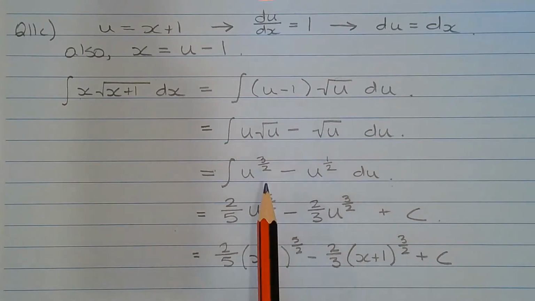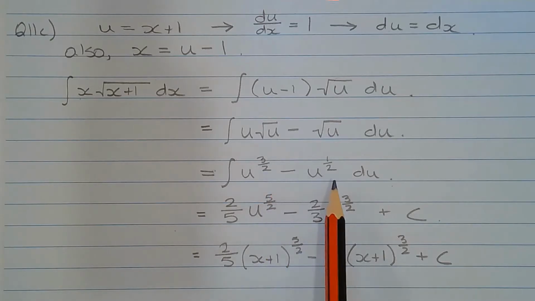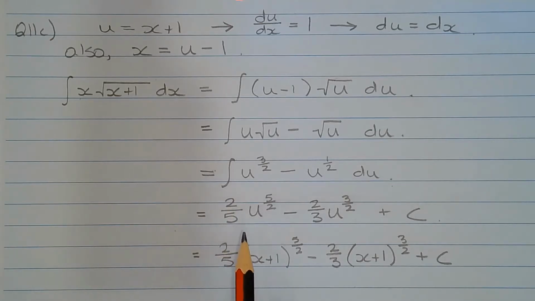Converting surd form to index form, we get the integral of u^(3/2) − u^(1/2) du. Integrating both terms, that equals 2/5 multiplied by u^(5/2) minus 2/3 multiplied by u^(3/2)